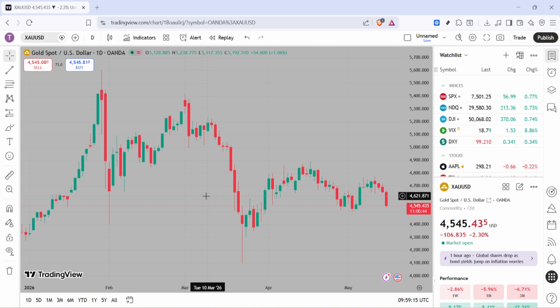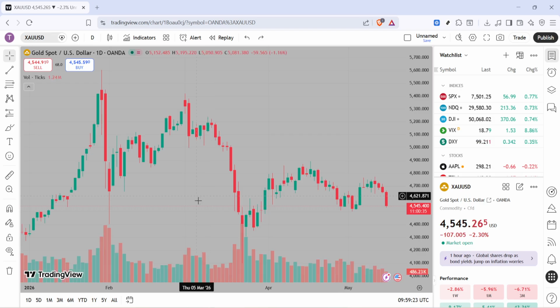Also, deleting removes the volume indicator from this layout. It doesn't delete any market data or affect other charts you might have saved with different templates. If your goal is only to temporarily declutter, look for the eye or visibility icon next to the volume label. That hides the pane without removing it from the layout. Today, though, we're focusing on a full removal, which keeps your workspace minimal until you decide to bring volume back